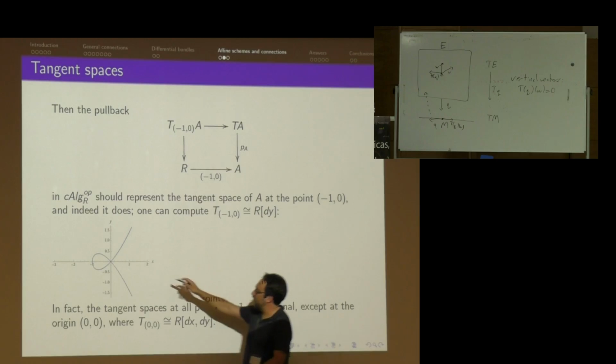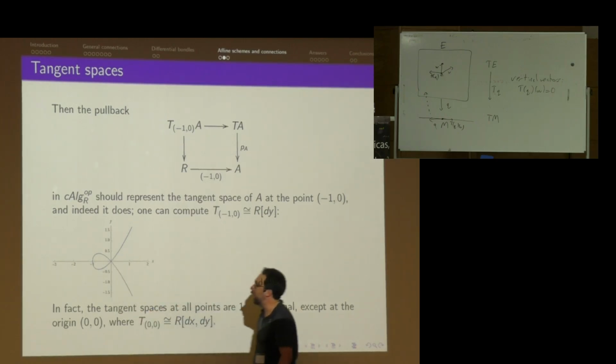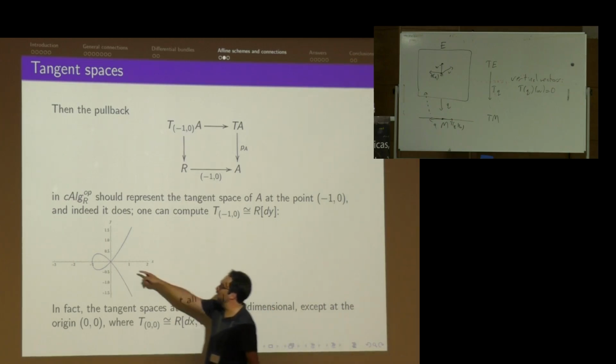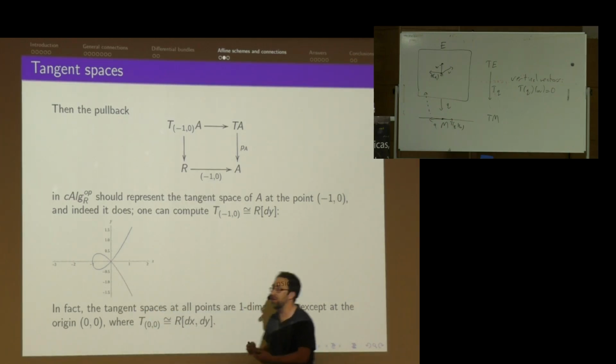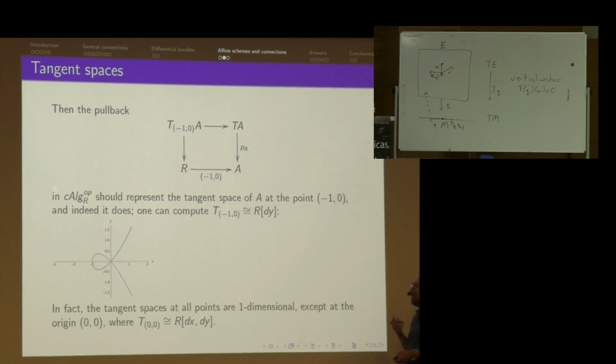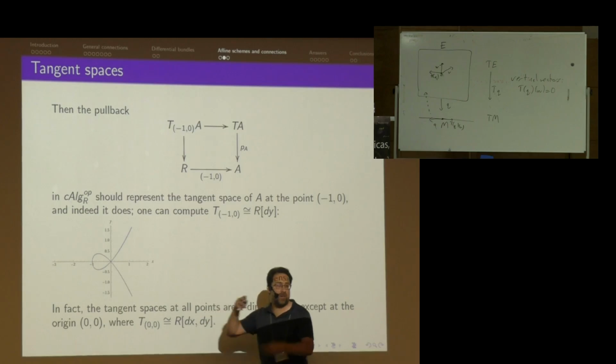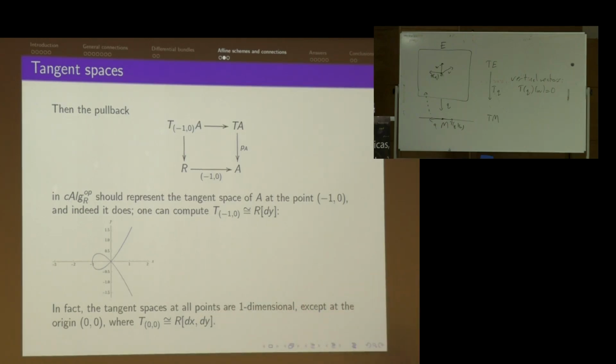Now, interestingly, you've got this point here, right? This singularity. And you calculate the tangent space there too, and it's two-dimensional. So it doesn't know whether you're going in the x or y direction, so it's completely free there. One thing that's interesting about this example is that it shows tangent categories can involve examples where you've got weird singularities, right? Your tangent space has different dimensions at different points, which is kind of cool.